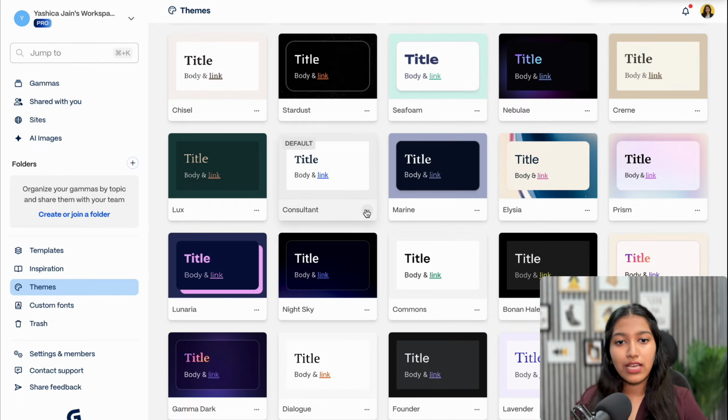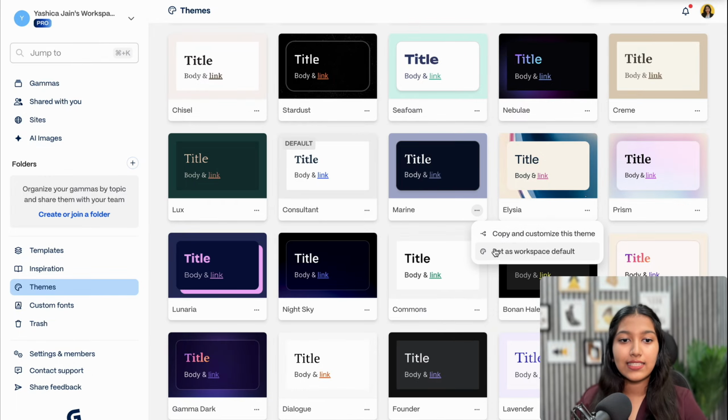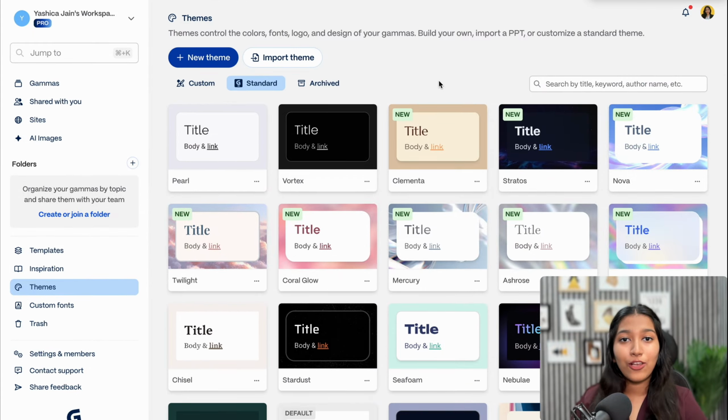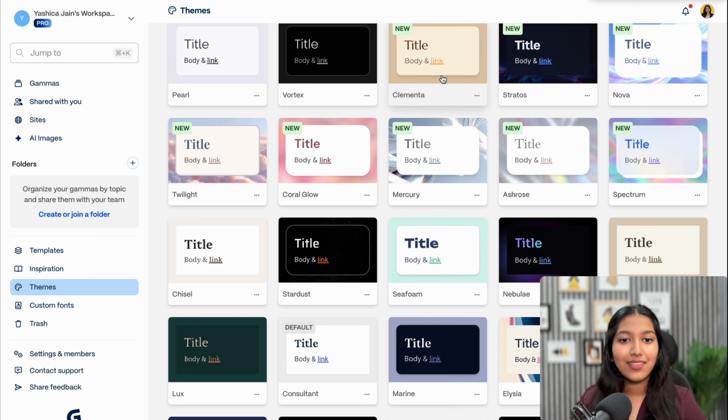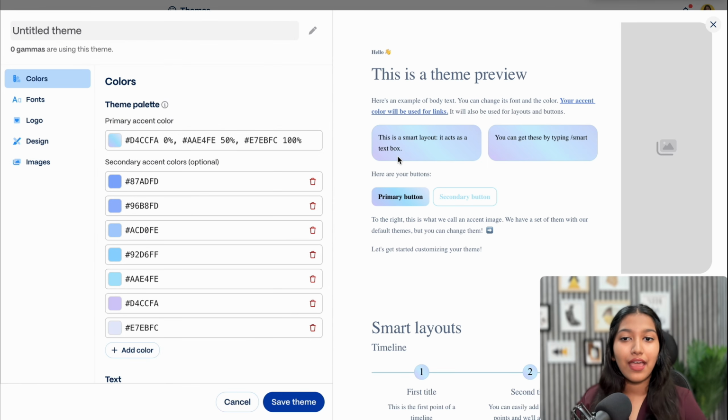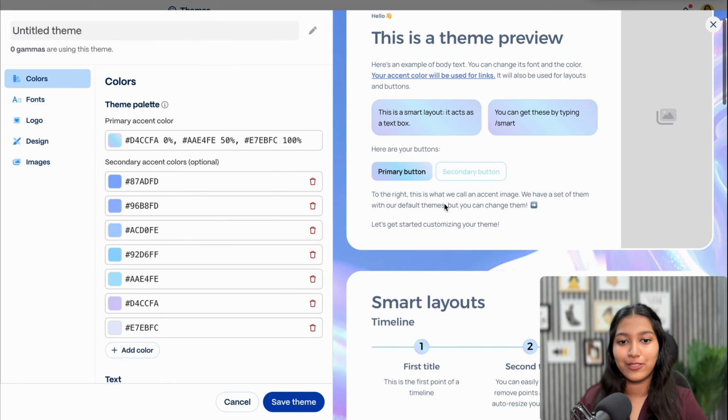So if you want to do that, just head over to the 3 dots of the theme that you like and select Set as a Workspace Default. But if you want all of your presentations to have different themes depending on the topic, then while filling out the form, you can let it know that I would like to go with, let's say, the Nova theme. In that case, it will pick that up and create your presentation using that theme.